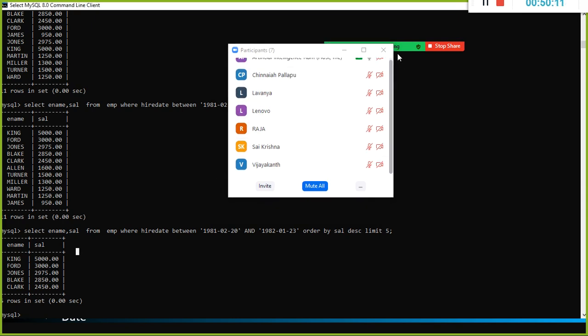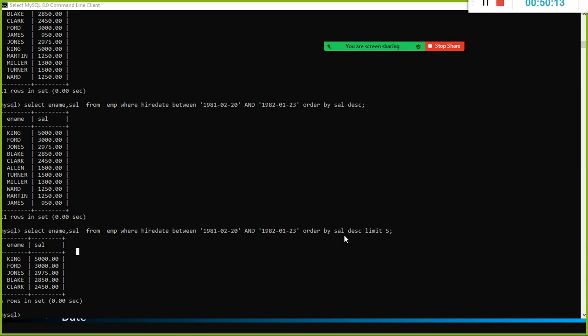Okay, so now you understood how to do the sorting. In Excel it is pretty simple. You only need to click the icon, right? The filter icon in the data tab. When you click it one time, it will be ascending order. The second time you click the same thing, it will become descending. But here it is plain English language, very easy to understand, but you need to know how.